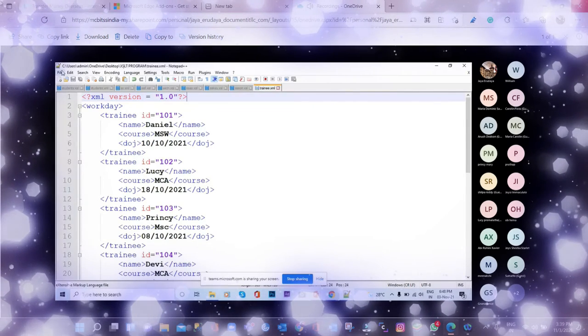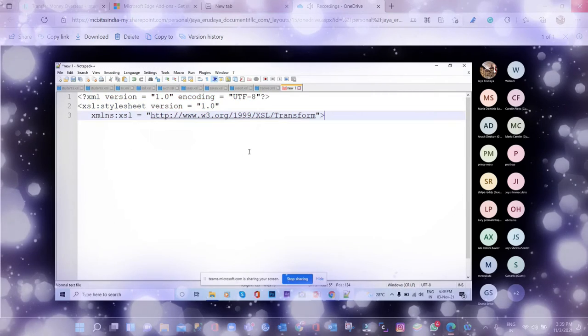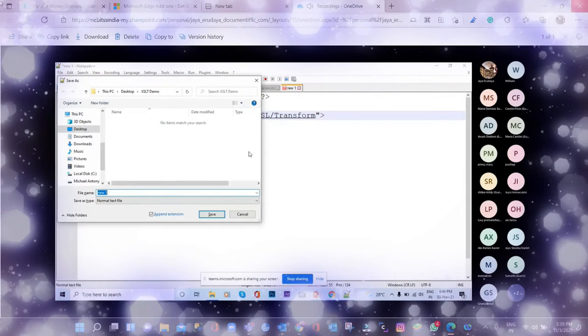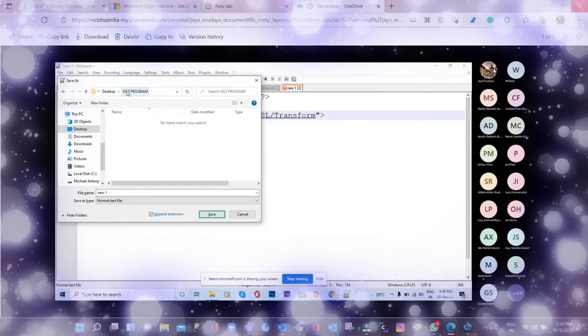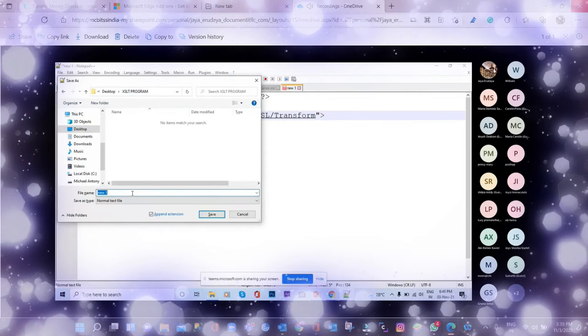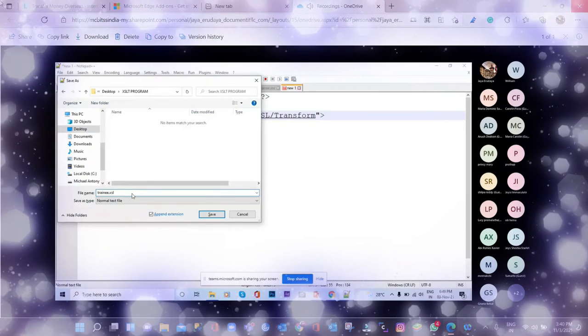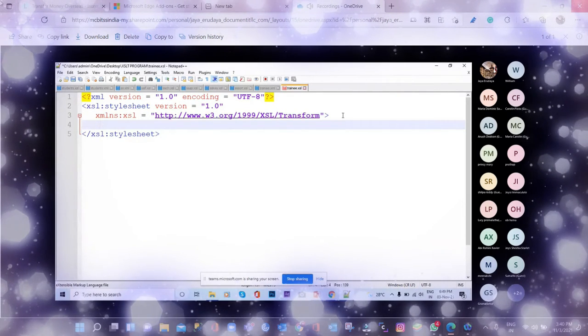We are going to create the XSL file, new, take a new document. So what will be the first 2 declarations we want? So I'll copy that and just save it. Control S. Where do you have to save? The desktop. Where the XML file is there, the same place you have to save. So inside XSLT program only I saved the XML. So the same place you have to save this XSL file also. Now we want to close this XSL style sheet. Next we want template